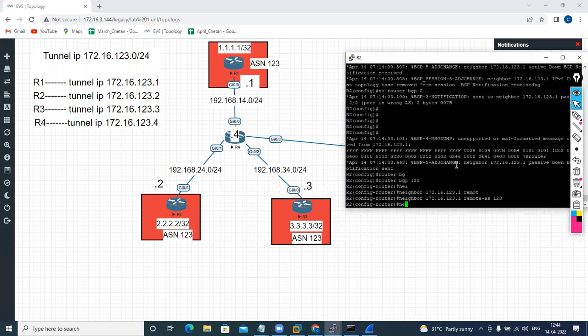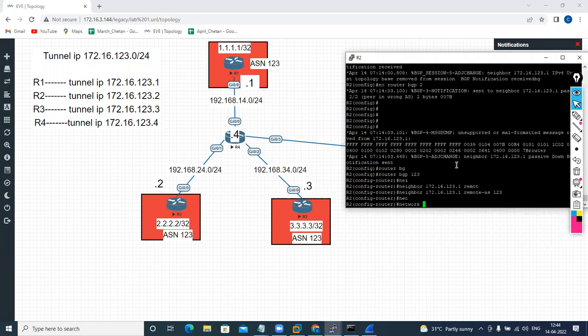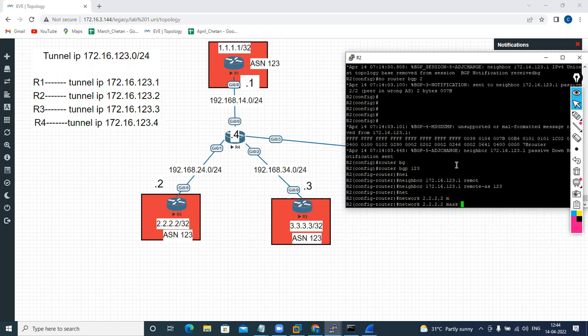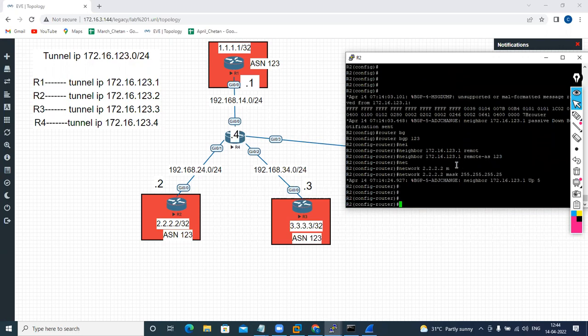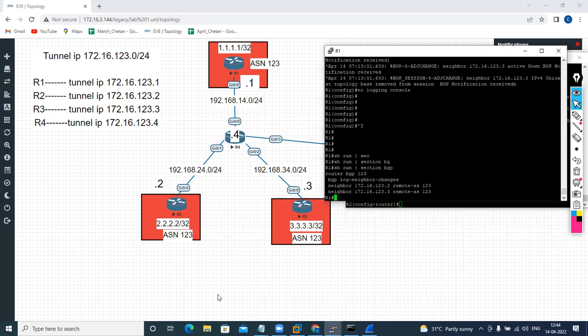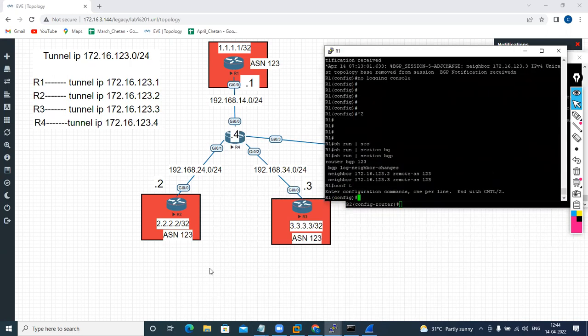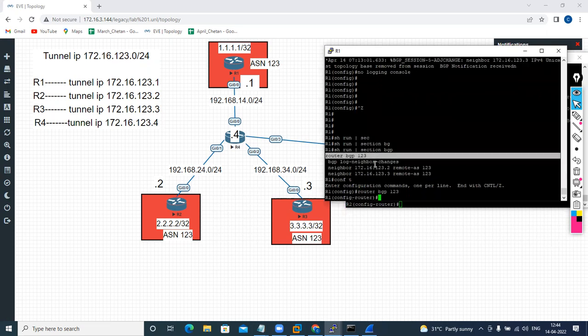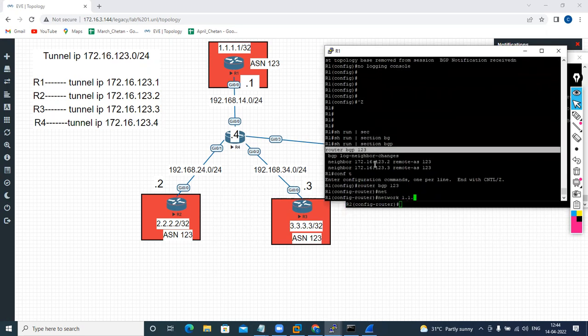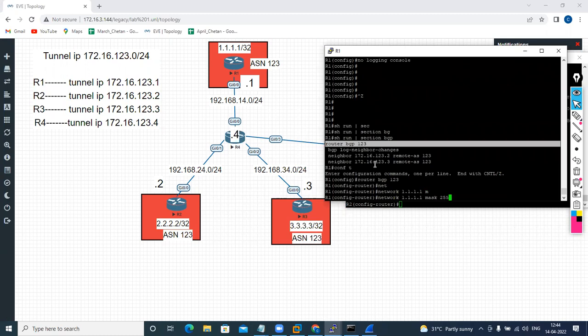So advertise the network 2.2.2.2. Didn't advertise on R1. So go to R1, advertise the network. Specify the mask /